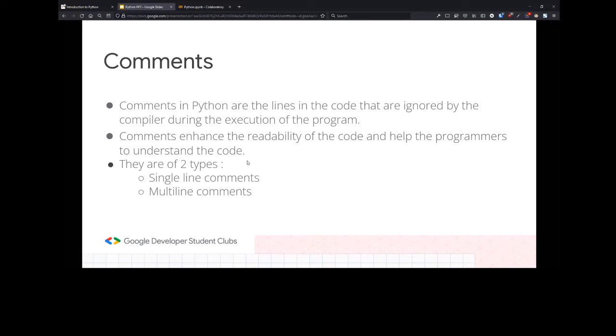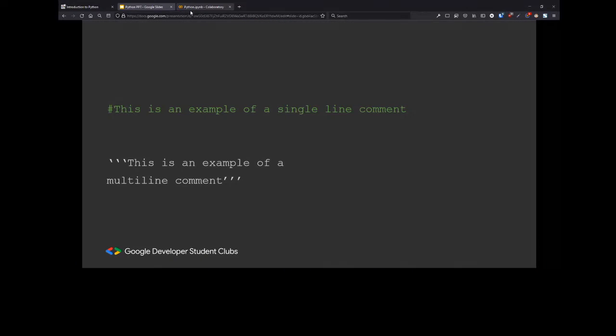So why should we use comments? So this is the following point. The second point explains exactly that. Comments enhance the readability of the code and help the programmers to understand the code. So it helps to document and helps to understand what the code is actually doing. And there are two types. There are single line comments and multi-line comments. Let me show you what that looks like